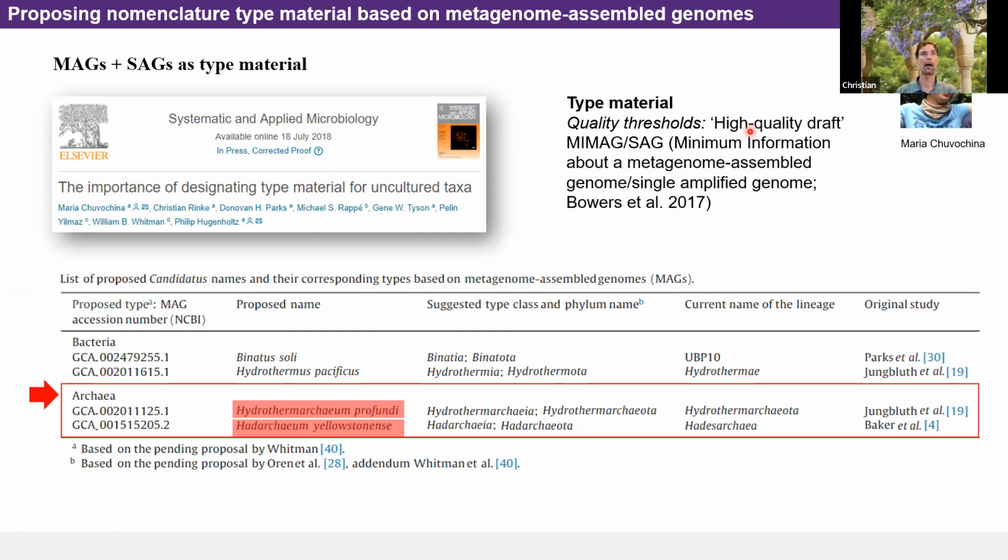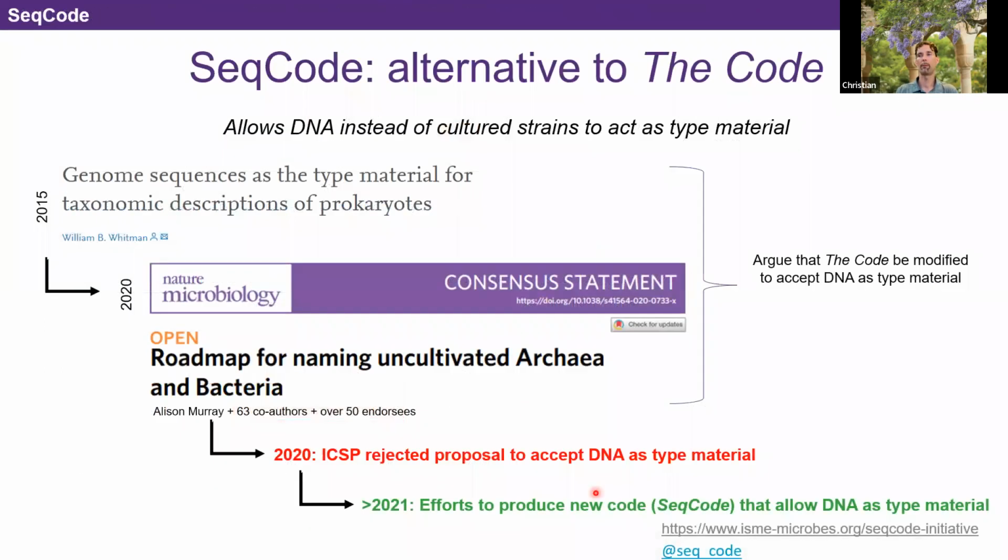And it will be out there in the literature. We can also incorporate it in GDP, but it will not be accepted by the code, right? Because the code only includes cultured species. So that's what you can currently do, right? Follow that procedure. But the C code, and everybody's working on that feverishly, and hopefully there will be a website